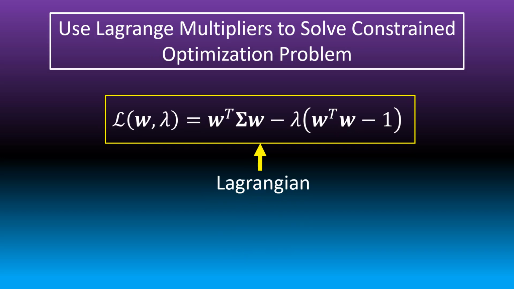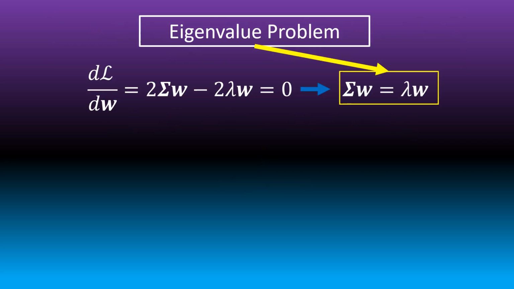So in order to solve the optimization problem, we are going to use Lagrange multipliers. And so we're going to first form the Lagrangian function, W transpose epsilon W minus lambda times W transpose W minus 1. So in order to solve this optimization problem, we're going to take the gradient along W of the Lagrangian and set it to 0. So that means that 2 epsilon W minus 2 lambda W is equal to 0. And so that implies that epsilon W is equal to lambda W, meaning that we have an